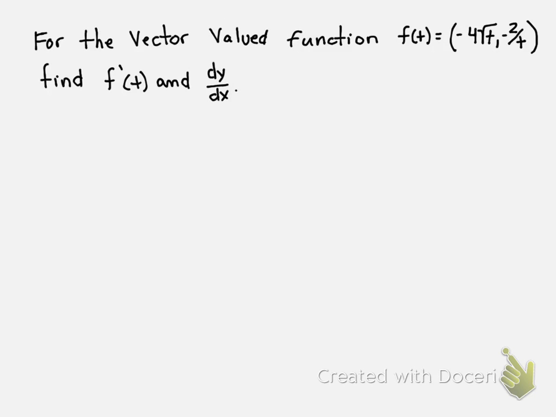In this case, you've been given a vector-valued function, which means this function of time is really an x and a y as a vector. And they want f prime t and dy dx. And so the important thing to realize is these are not the same thing. Dy dx is the slope, and we would find that